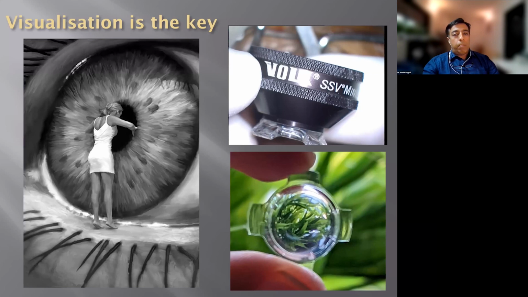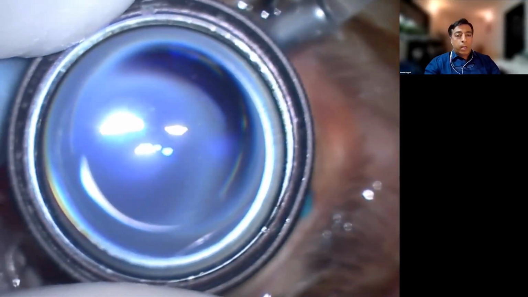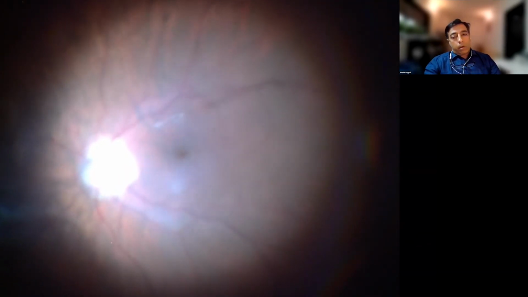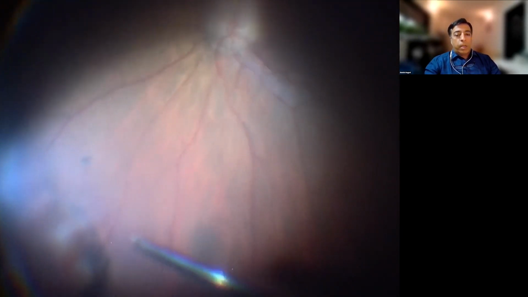And if I have the fine peel of an ILM or an ERM, I use the plano lens, the Chalem lens, or the Vogue plano lens, which works very well to give you a good magnification. So on a typical macular surgery, this is what I would start my surgery with. A wide field lens, which is put in so that I can get a better field of view, where I would remove the vitreous, and after that